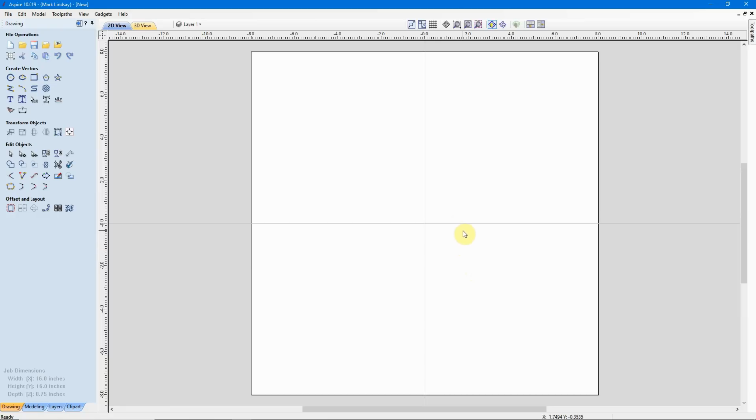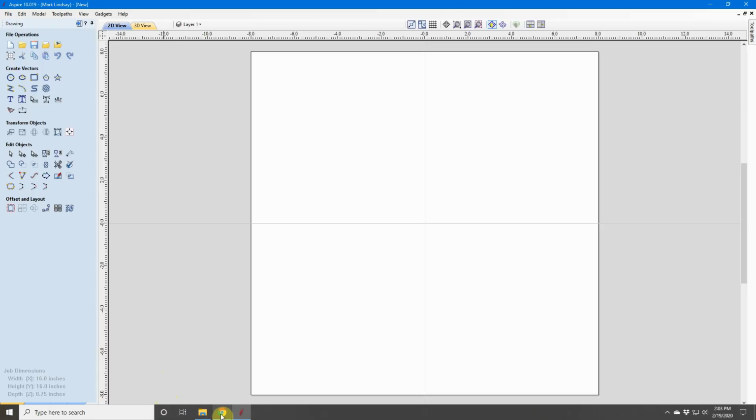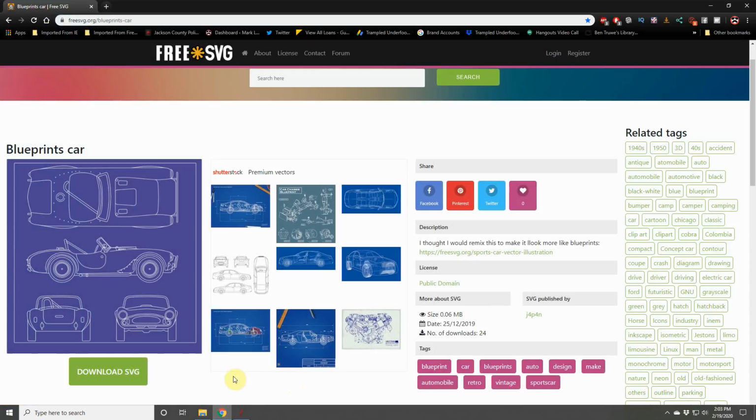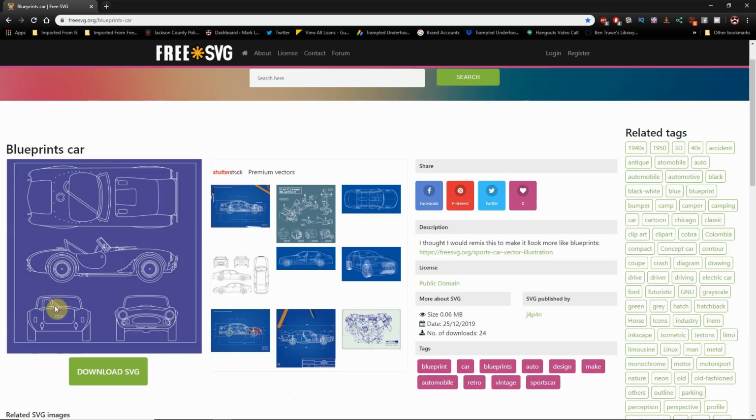Just be warned that just because something is old doesn't necessarily mean that it's in the public domain. Be careful. Some of these patents are still in effect, and the illustrations are copyrighted or trademarked. But for this demonstration, I'm going to use a piece of blueprint styled art that is in the public domain